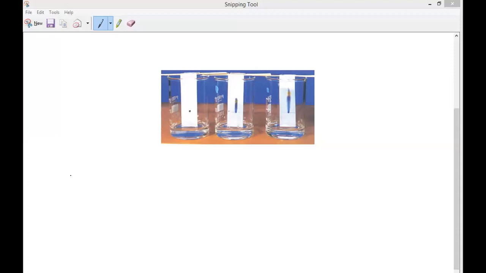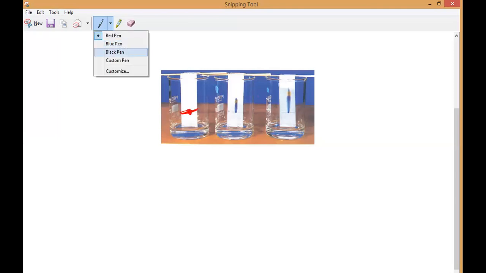What is this, guys? First, you take some chromatography paper or paper strip. Mark a little height, around 3 or 4 centimeters. Draw one line with a pencil, and mark what? A black spot with the black ink. We have to spot it here. Then you have to hang it with the help of a glass rod in a beaker which contains a little amount of water. After a certain time, you can observe the dispersion of colors. Have you seen it, guys? Dispersion of colors is taking place. So three different colors will appear.